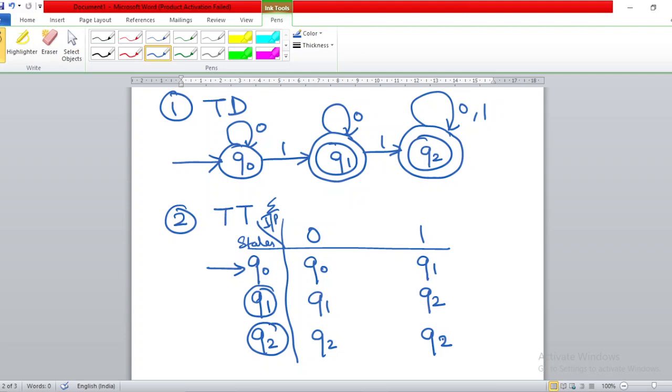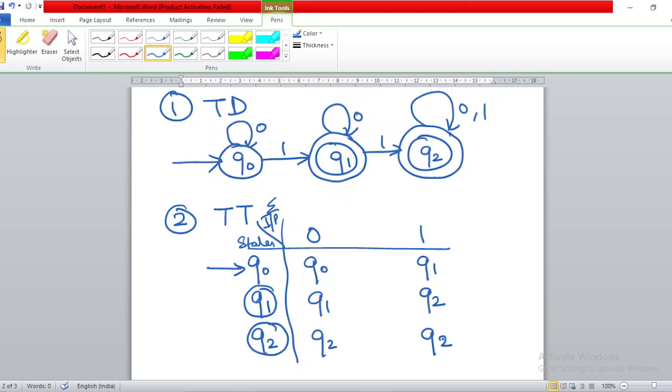diagram or a transition table. Now we are finished with the definition of finite automata. We just have to start with the questions, and as we come to the questions, we will discuss how you represent the DFA and NFA, both by means of transition diagram and transition table. How to differentiate between these two, or how to make the table or diagram of the two and see how they are different from each other, that will be discussed in the next class with n number of numericals for your practice.